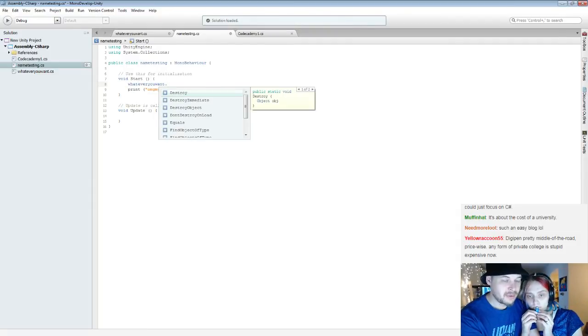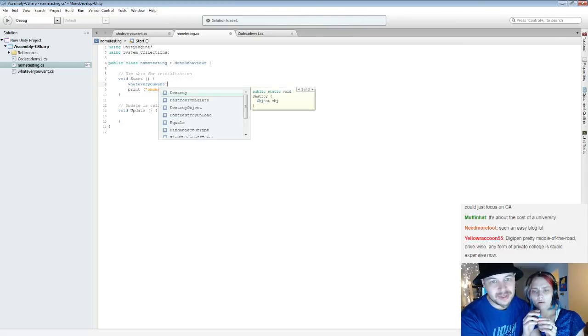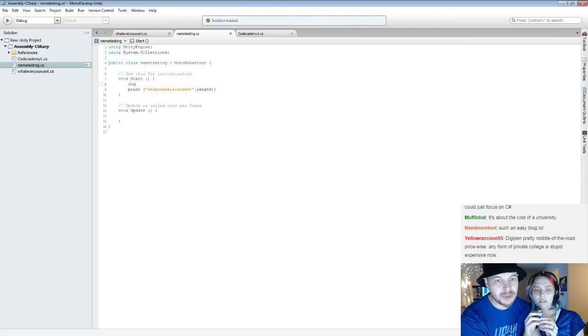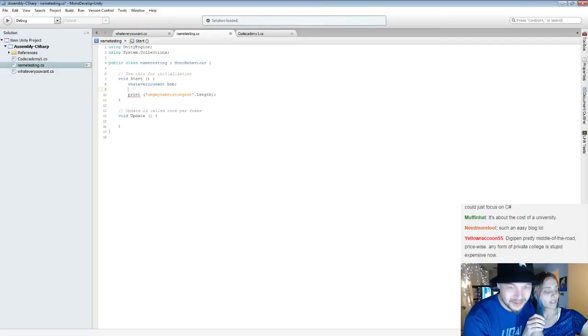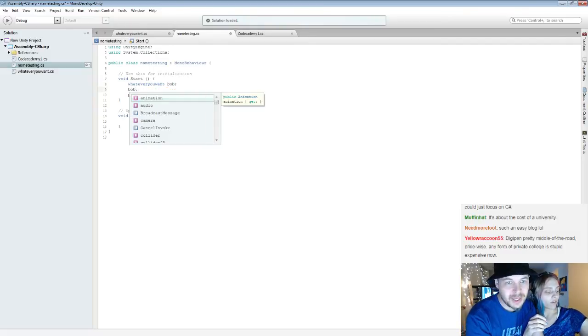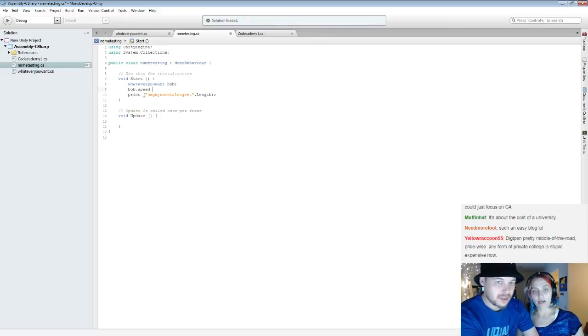Okay. So it remembers it across all of MonoDevelop. But it doesn't. So what you could do is type Bob dot speed. Okay. So